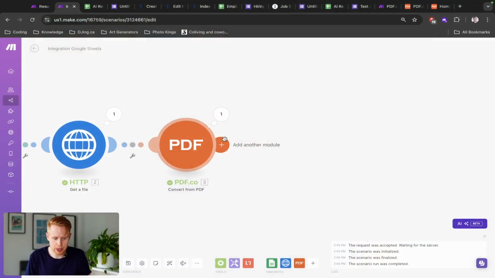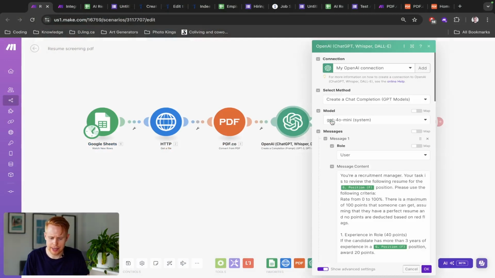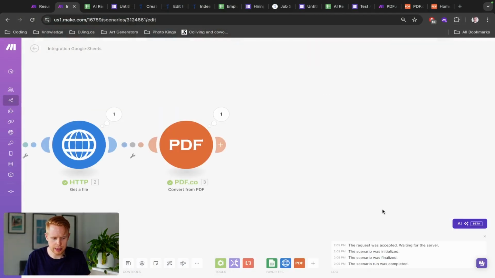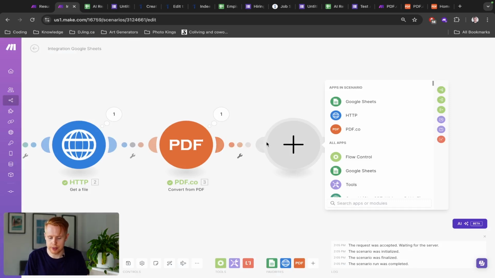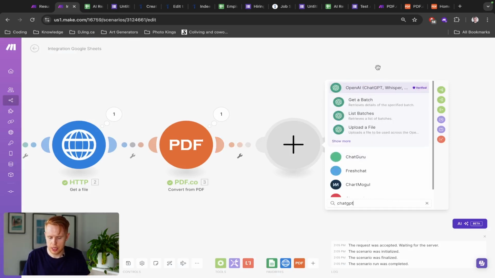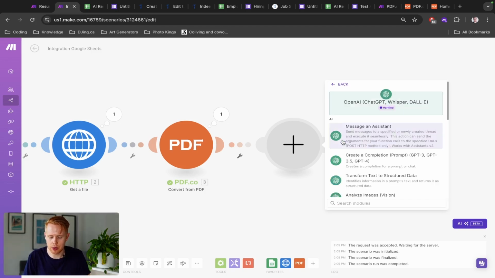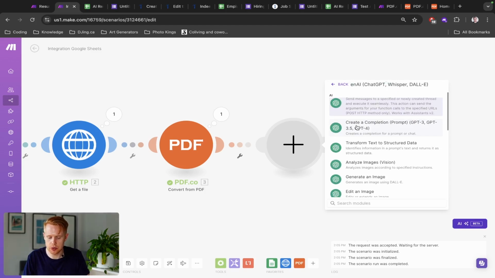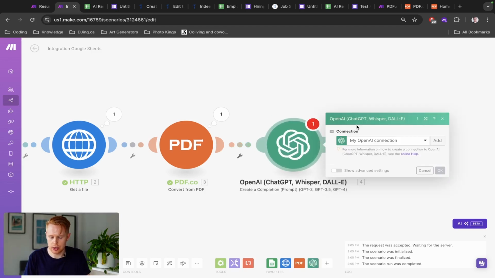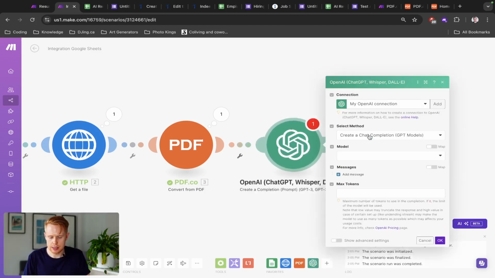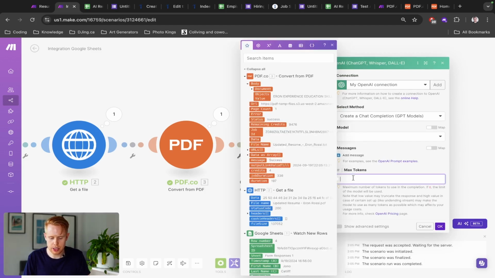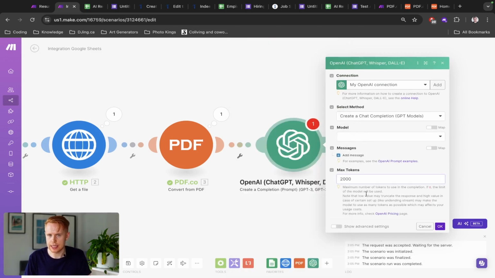I made a rubric, and I'm just going to copy and paste it and explain this to you guys here. I made a rubric just based on my personal preferences of hiring tons and tons of people. We're going to use AI to decipher whether or not we want to work with this person. So that AI will be ChatGPT, and we're going to use Create a Completion. So this module here, and we want to make sure that the max tokens is set decently high here,